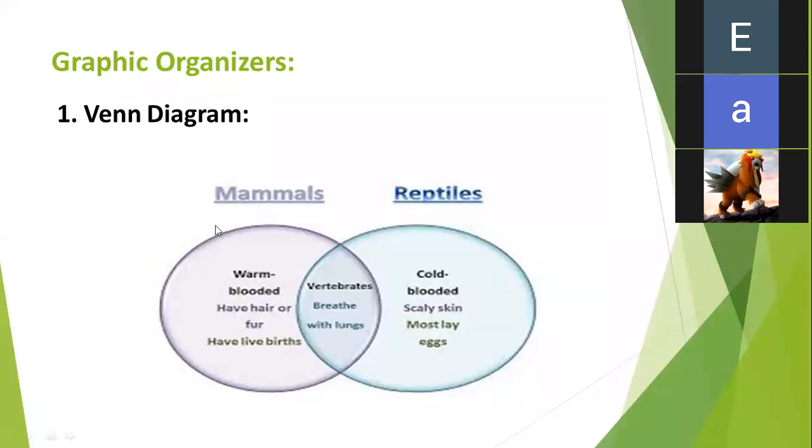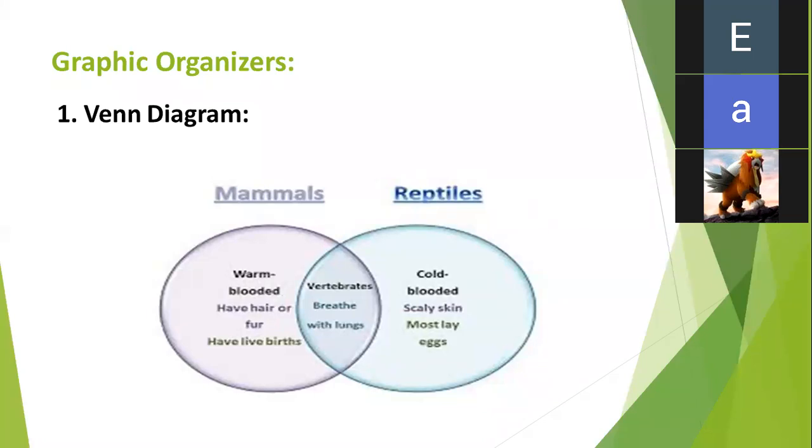Number one, you all know we use this not only in English but in math and other subjects as well, which is the Venn diagram, which we just studied in the previous slides. Subject A, subject B, and in between there are the similarities, and on the sides there are the differences. Venn diagram is a tool that we use in mathematics, Saad. You must have done it in maths, making two circles and overlapping them. In between come the similarities, and on the other sides the differences.